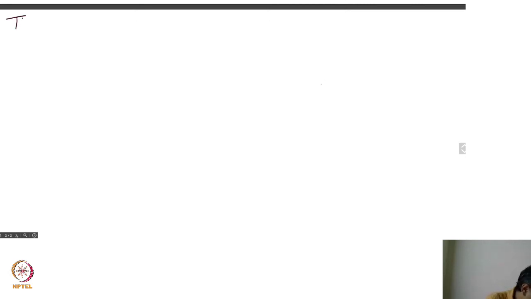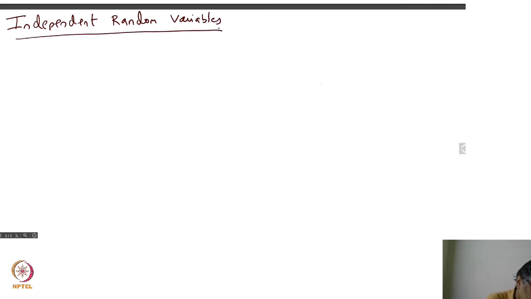So, independent random variables. Independence is a key concept in probability. It's one of the key defining features of probability. Recall from before